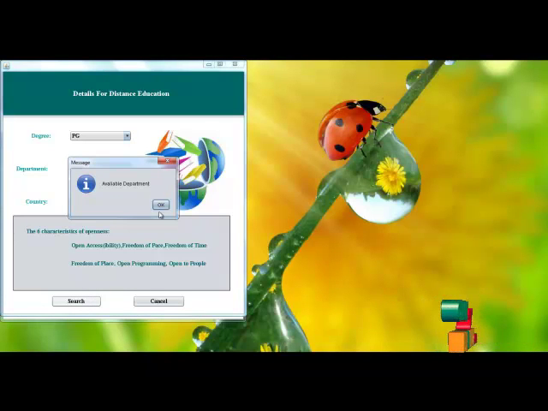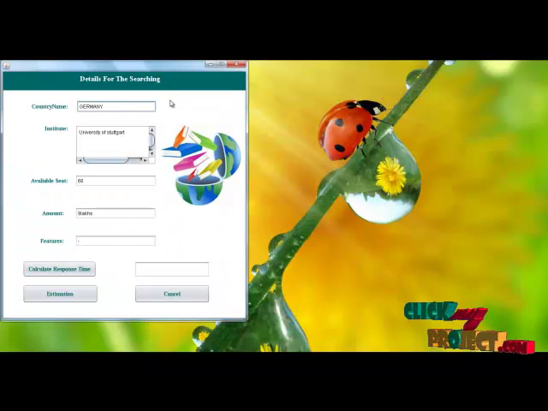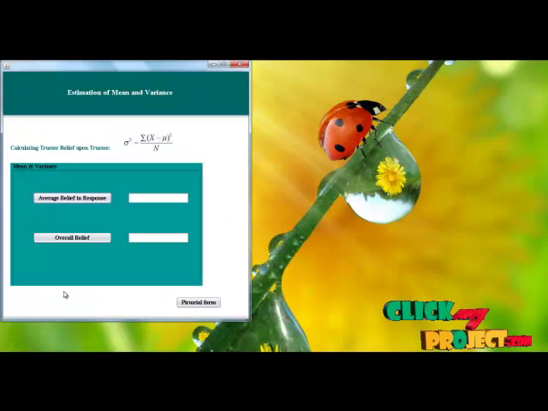Search. This department is available, so it moves on and gives the details about the country and their institute, and the available seats, amounts and the features of the institute. Then here also we calculate the response time, and in the estimation of average belief, we estimate the mean and variance.